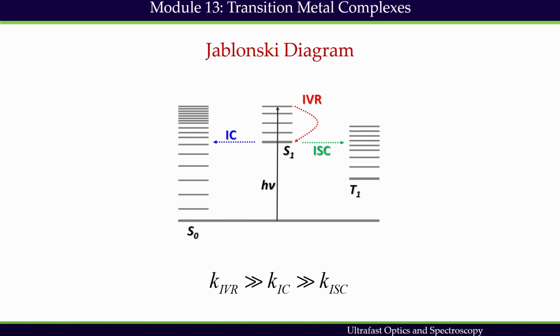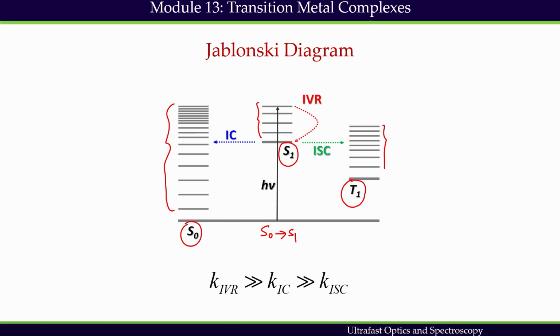Here, several electronic states, including the singlet ground state, shown by S0, the electronically excited singlet state S1, and the electronically excited triplet state T1, are shown with associated vibrational states. These are vibrational states associated with the corresponding electronic states. After Franck-Condon vertical excitation to the singlet excited state, which is the S0 to